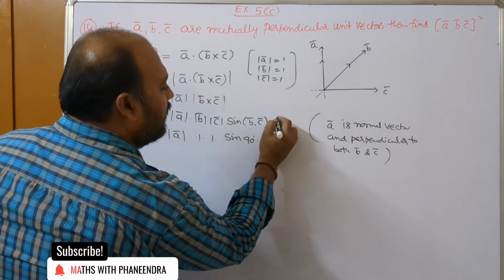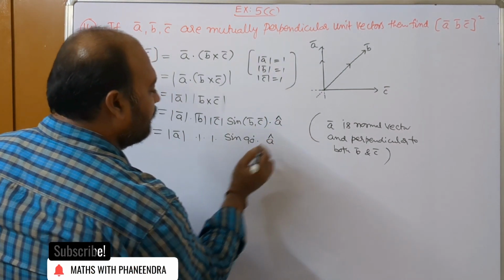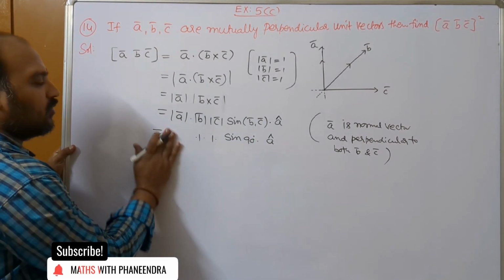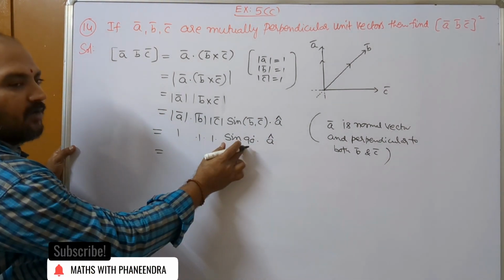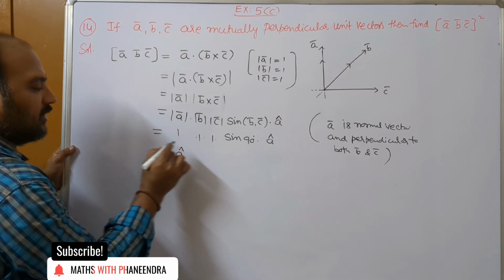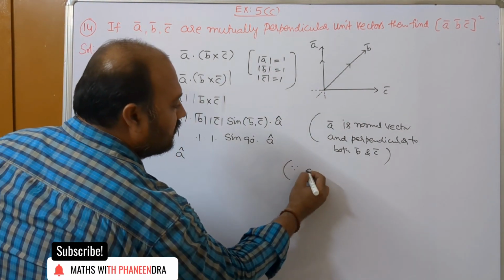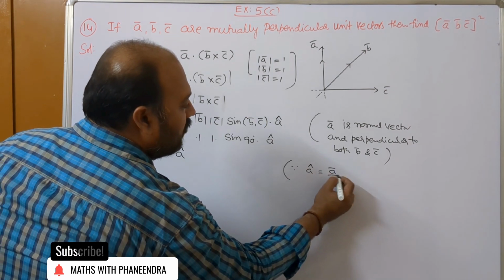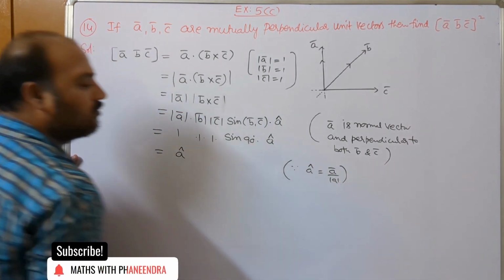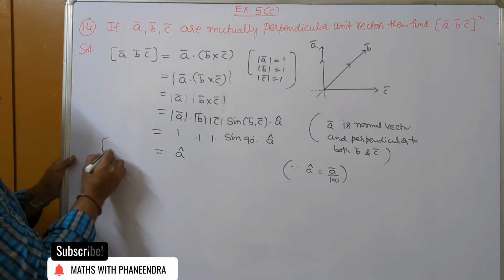Here A cap you write it, dear students, A cap. Mod A value is also 1, you write it. So sine 90 is 1, so A cap we are getting. A cap means A bar by modulus of A bar. So box of ABC,